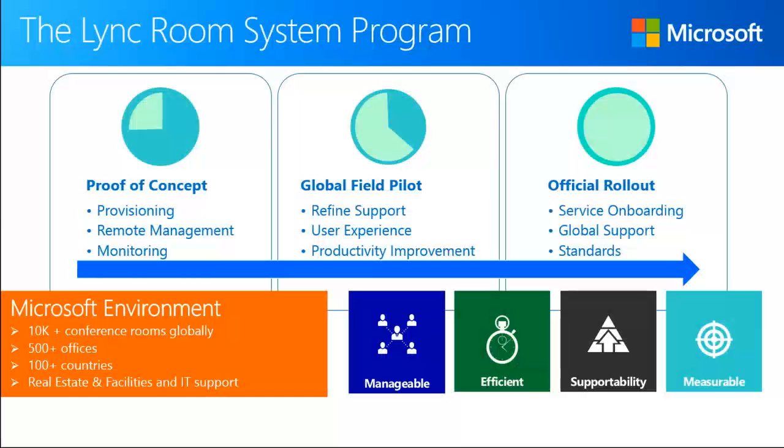And so we spent the last 3 months really building out this program in the global pilot. And we're now getting to the stance of what is our official rollout? What is our scale? Because we're an IT department, I don't have $30 million to go and upgrade all the conference rooms. So what is my priority list? How do we do that and what do we do? And as we went through this, our key was we started with that proof of concept. We identified what we needed to do to make sure that user experience was